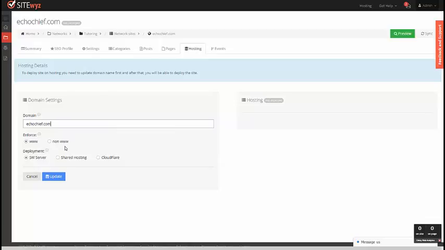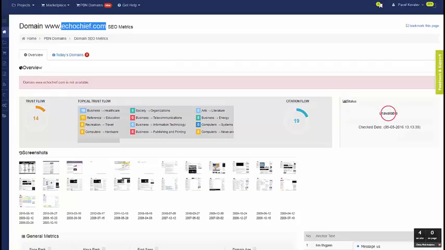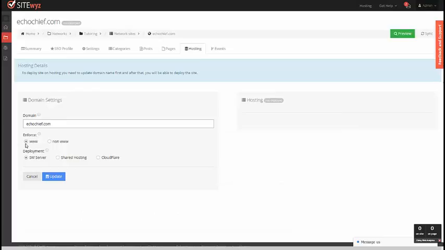It might be your preference, unless you can check the pre-existing metrics. SiteWyz PBN domain suggests which version to use. SiteWyz PBN domains, when we take metrics, we check both domain without www and with www, and update which version has a higher domain metrics. Of course, it's based on how the domain was used before. So I will use with www,